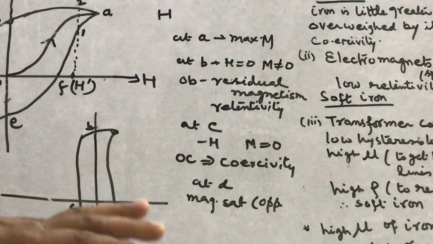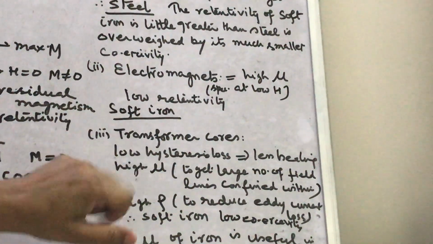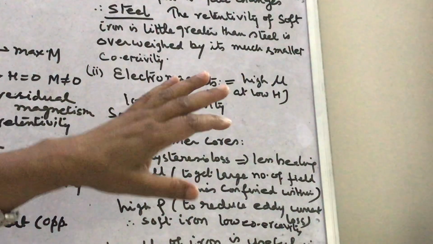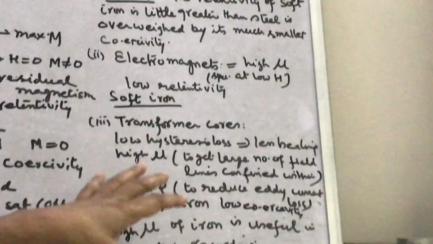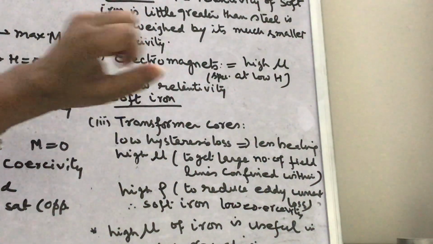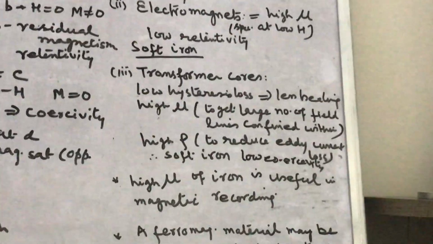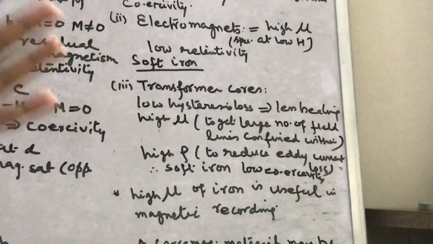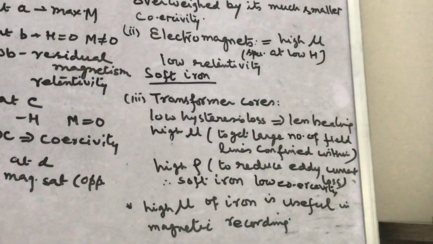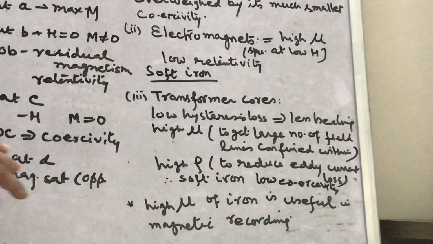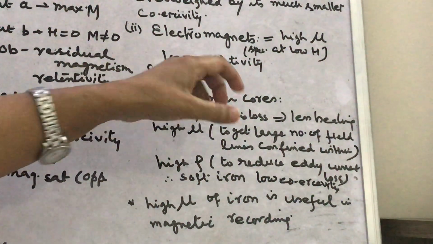What about soft iron? Look, electromagnets use soft iron as a core, and it is also used in transformers and telephone diaphragms. For an electromagnet, a temporary magnet, as soon as the magnetizing field intensity is removed, the magnetization should be removed. Then what is the property of soft iron that lets it be used as an electromagnet?